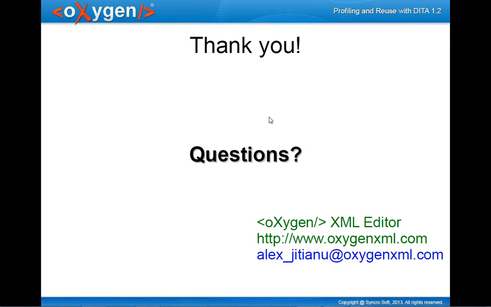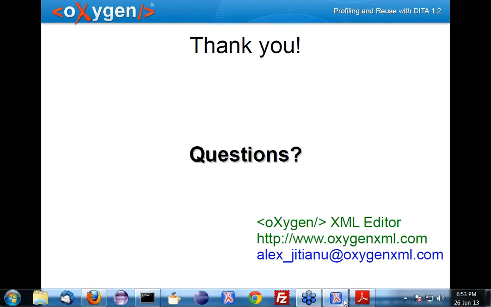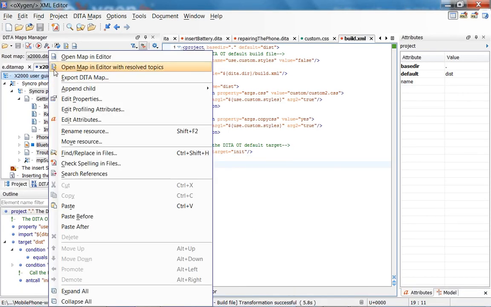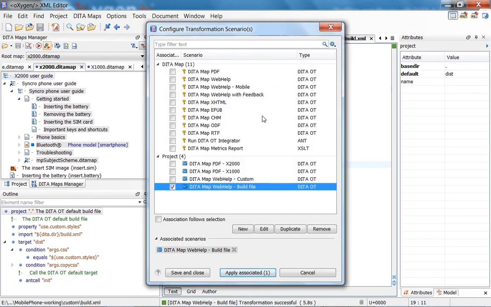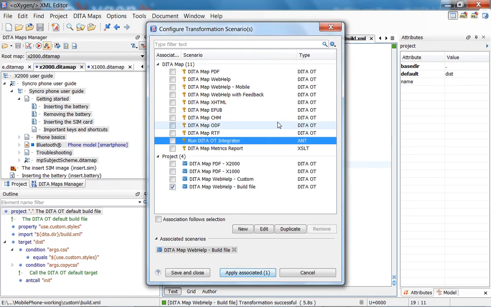A question about creating a custom plugin and using the integrator. oXygen comes with a bundled DITA Open Toolkit. You can drop a plugin in that DITA Open Toolkit and run the integrator, or you can have a custom DITA Open Toolkit, copy it to another location. As Alex showed you, you can point to a different DITA Open Toolkit. So I just wanted to mention that you can just run the integrator from inside oXygen if you find that